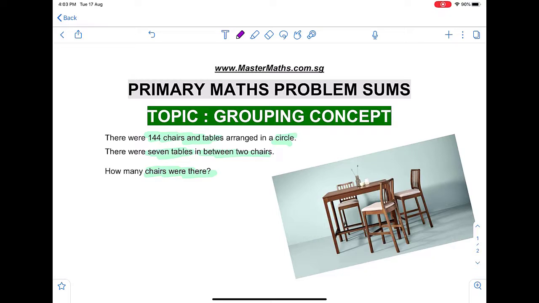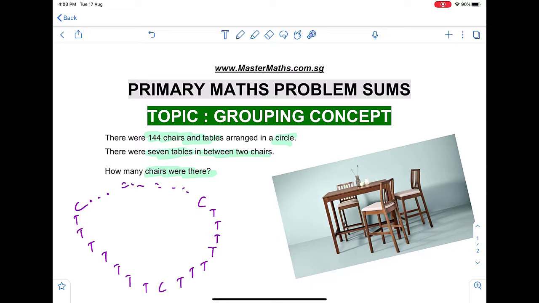Okay, so let me draw what's happening. Chair, table, table, table, table, table. Quite a lot of tables. 1, 2, 3, 4, 5, 6, 7, and another chair. Table, table, table, table, table. 1, 2, 3, 4, 5, 6, 7, chair. Okay, this is what they mean by it is arranged in a circle,